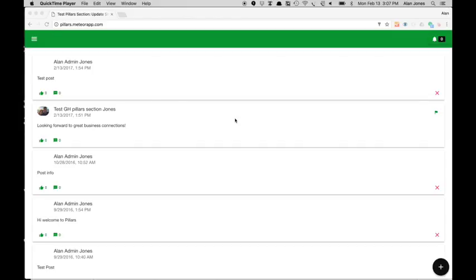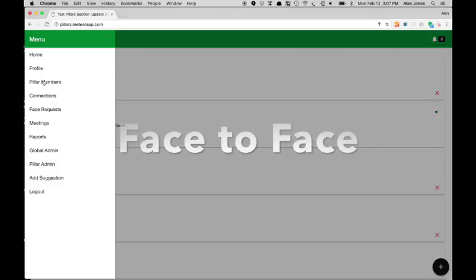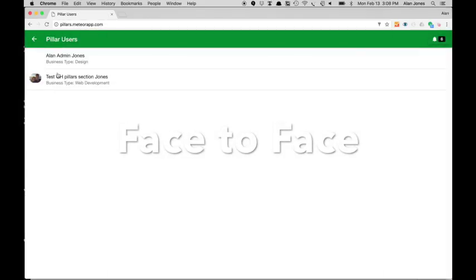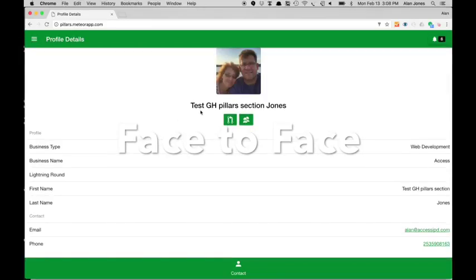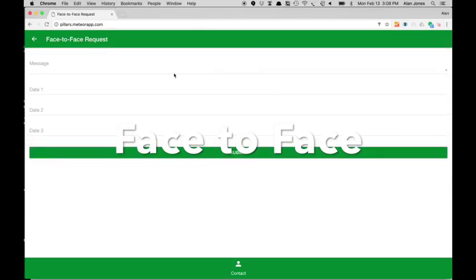To set up a face-to-face meeting with another Pillar section member, you would again go to the Pillar Members tab, find the member that you'd like to connect with, and then click on the face-to-face icon underneath their profile image. You can add in a message,